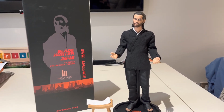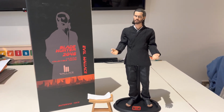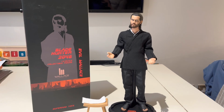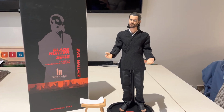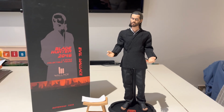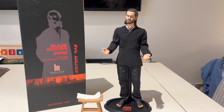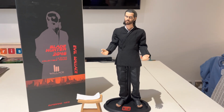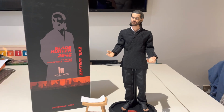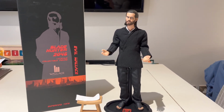I'm very excited about this one. As you all know, I am a huge Blade Runner fan, and I have most of the 1/6 figure releases. Obviously they're all third-party releases because Hot Toys hasn't got the license, and even if they did, I don't think they'd ever produce Blade Runner figures. For whatever reason, I don't think they appeal to the masses, but nonetheless, I'm delighted that the third-party companies are